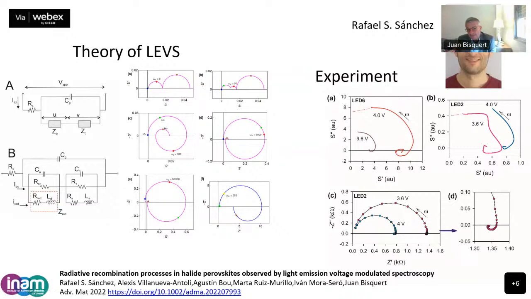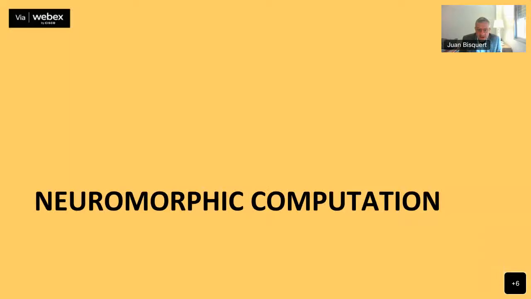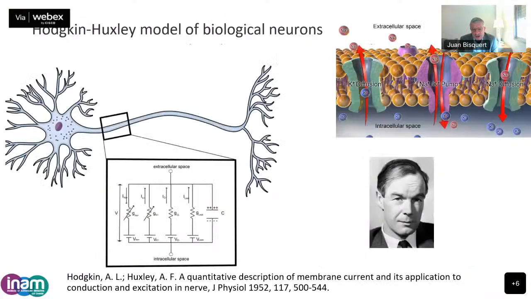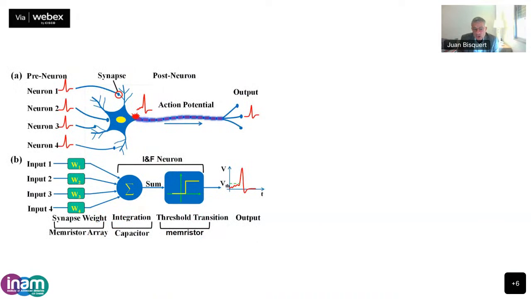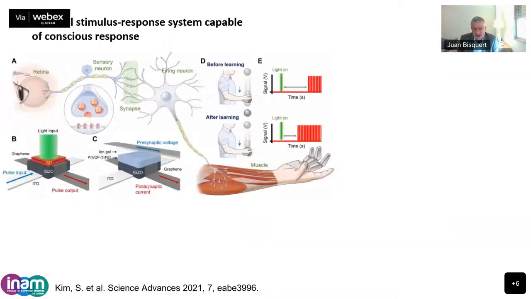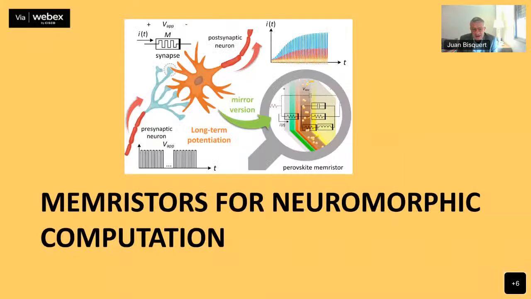So I think this will be a new method, also useful to address from another point of view, the memory effect or accumulation, or about these repetition pulses that Ivan Shevlin was talking before. So I think this will be a very important development. I had also some slides on neuromorphic computation using the neuron model and how to reproduce it, because it is interesting that with halide